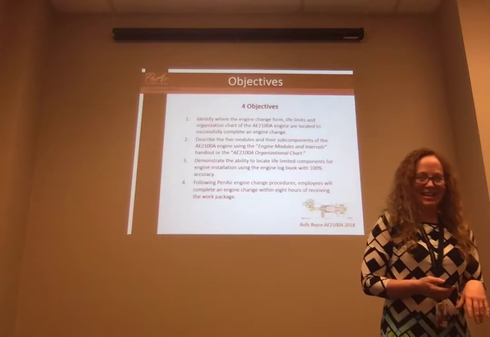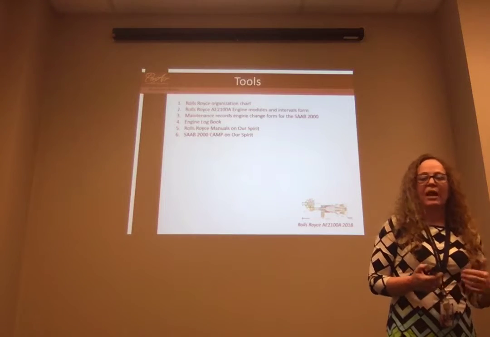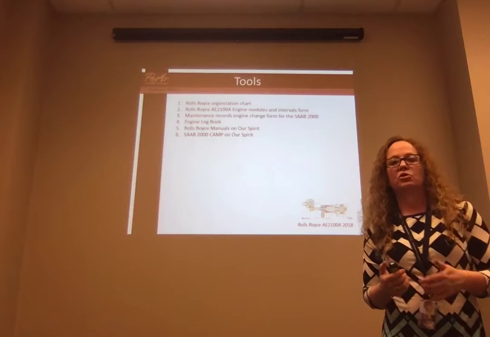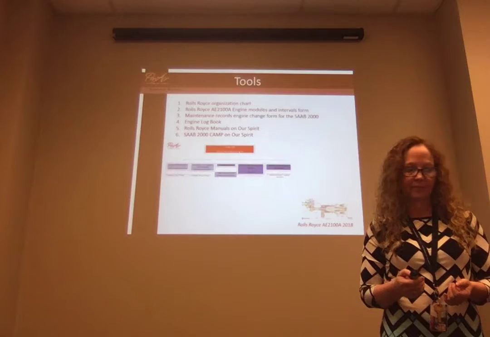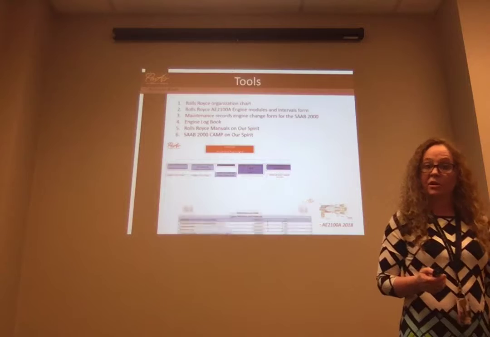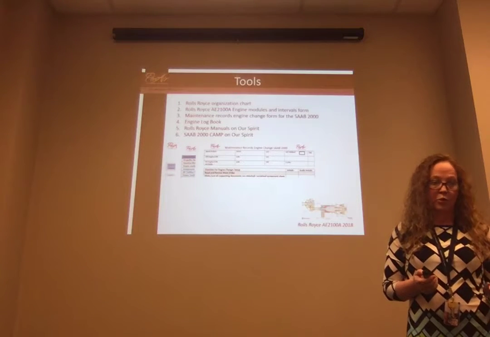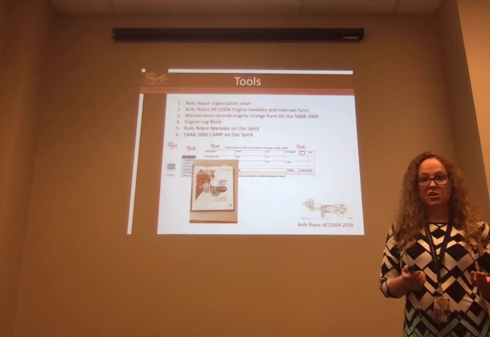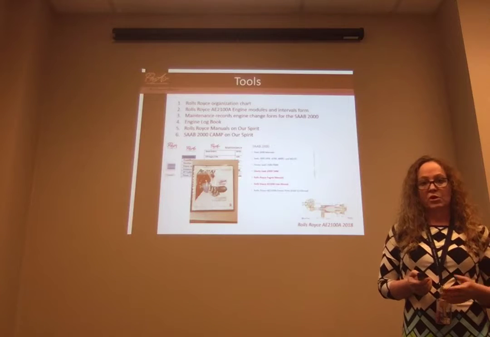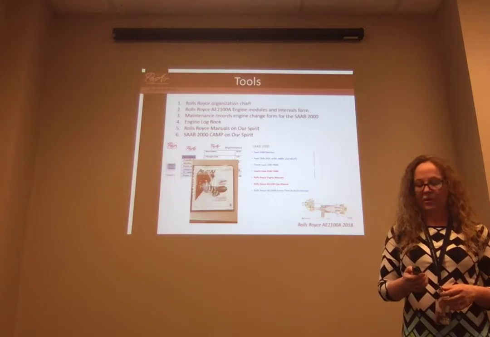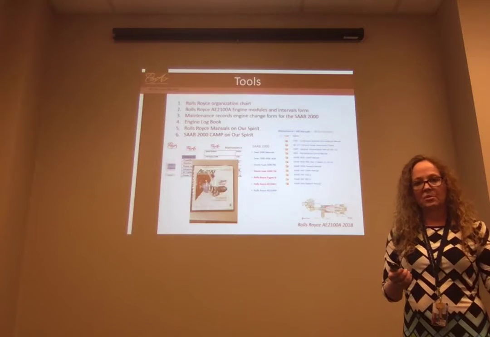So, what are the 6 tools? We have 6 tools that we use to complete a Rolls-Royce engine change: an organizational chart, the engine modules and intervals form, the maintenance records engine change form, the engine logbook, which again you all have in front of you, and the Rolls-Royce manual to find intervals and life-limited parts, and finally the CAMP program, Penair's